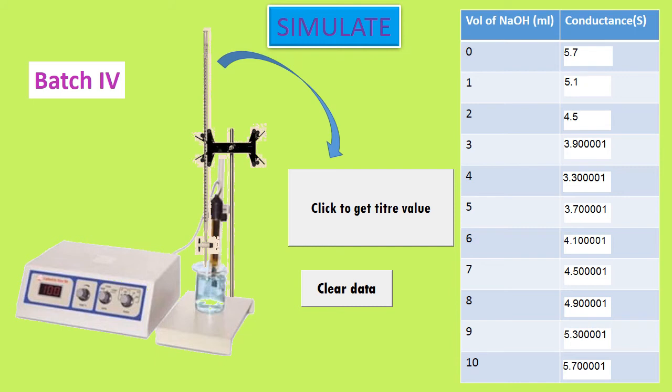No need to follow the second decimal. Anyhow, we are not going to plot it in the graph also. So up to first decimal place you can note down 3.9, 3.3, 3.7, 4.1, 4.5, 4.9, 5.3, 5.7. Okay. Batch 4 students, please note down. So let me clear the data.